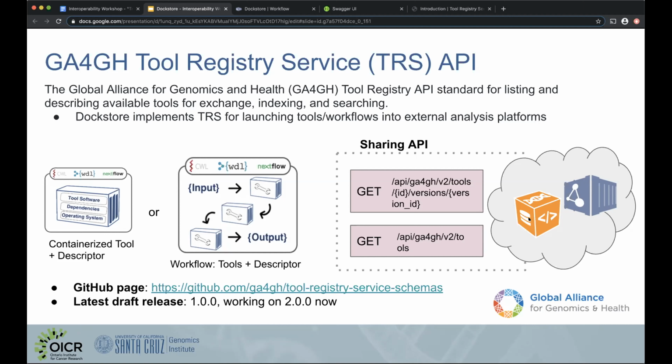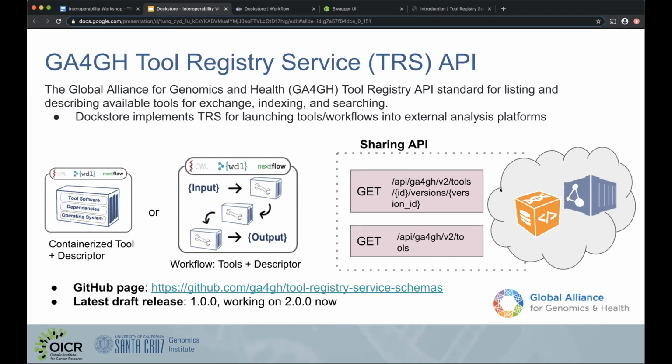This goes to the interoperability aspect, not only for Dockstore to implement a registry of tools and workflows, but for other repositories. For example, BioContainers is now implementing the TRS standard so that there can be interoperability between registry providers and execution environments, and how execution environments will then grab the tools and workflows